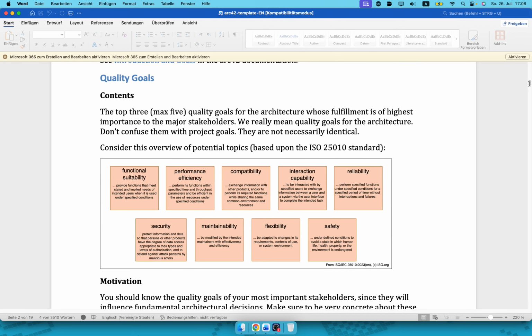In this section, you introduce the quality goals of your system. You can use the ISO 25010, meaning the ISO standard for software quality. You can see there are different pillars, different cornerstones that you can address in this section, starting from functional suitability, how it is going to perform in terms of performance and efficiency, the compatibility with the systems in your organization and the other third parties, the interaction capabilities between the end users and the communication of the information and the system,